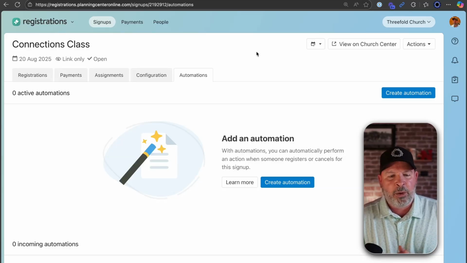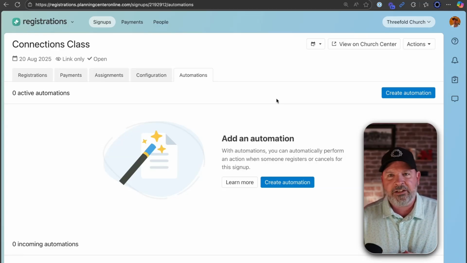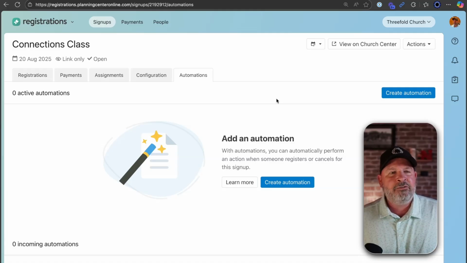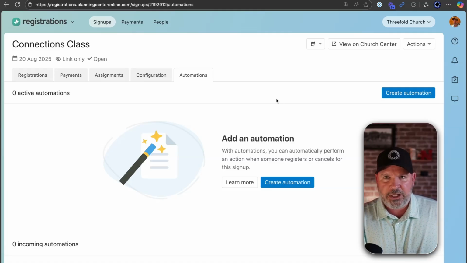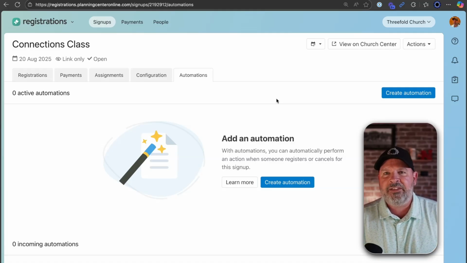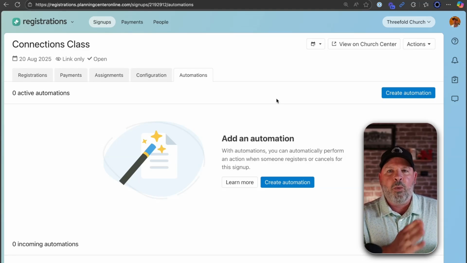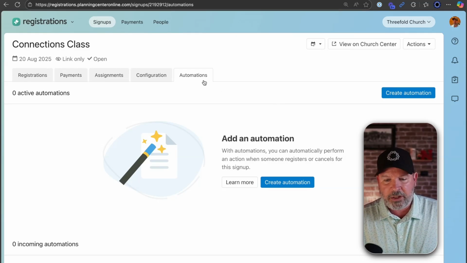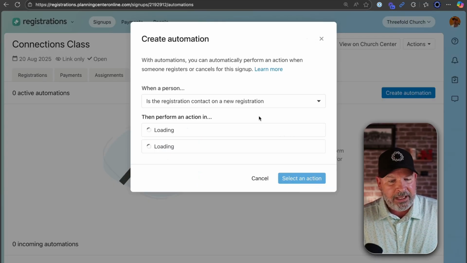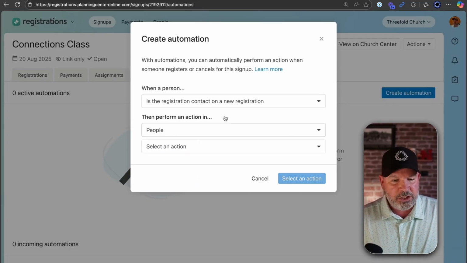So just as an example, maybe I'm looking to have a parent sign up for a particular event so their kids can attend a kids group. And so basically there's a $15 fee for them to have supplies. And basically you have to go through registrations to take a payment. So we'll go ahead and set that sign up inside of registrations. And then when somebody registers, and this is where you can use these automations, inside of registrations,